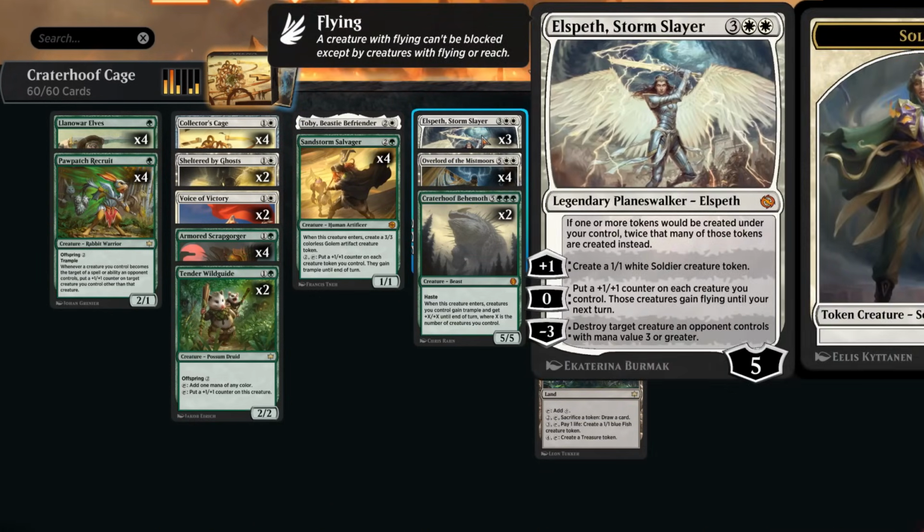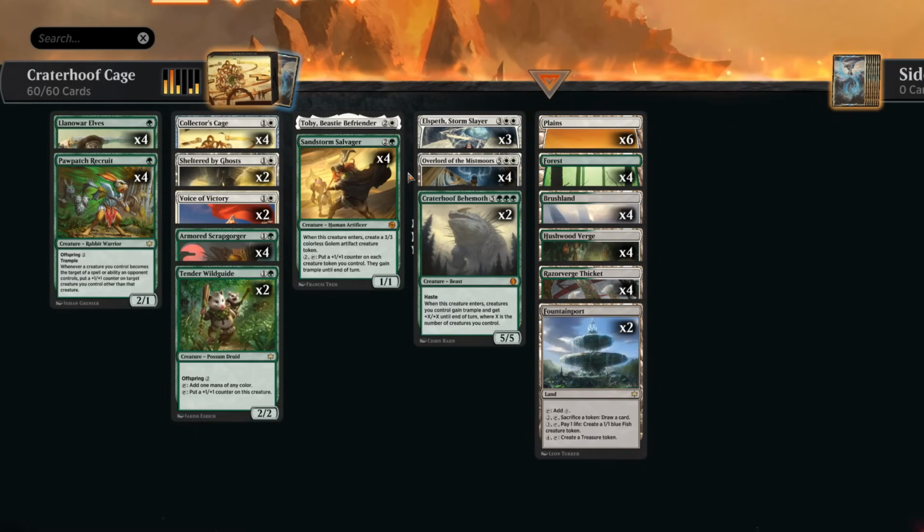And then there's Elspeth Stormslayer, which is still castable at 5 mana thanks to our mana creatures, but of course hitting it off Cage would also be very nice, getting to double all our tokens, make soldiers, pump the team and give it flying, and maybe destroy opposing creatures with mana value 3 or greater. So these are the payoffs we're hoping to hide away with Collector's Cage, and then to round out the deck